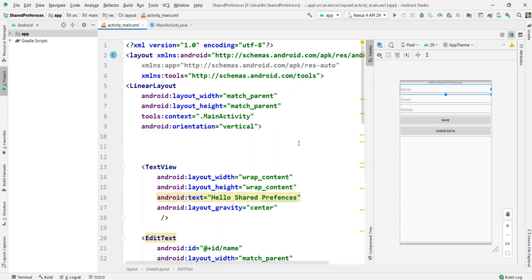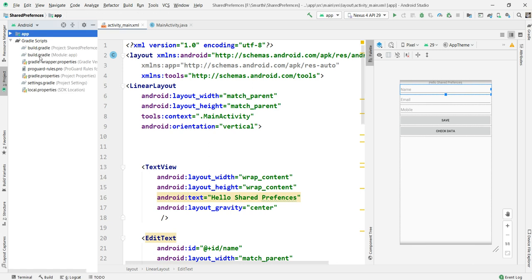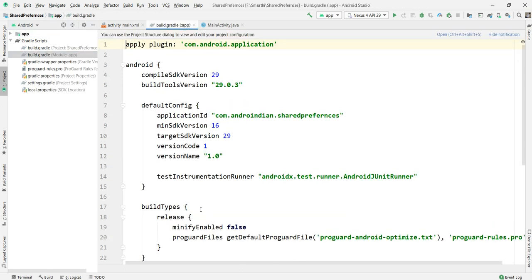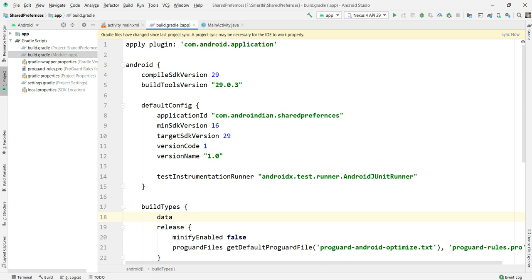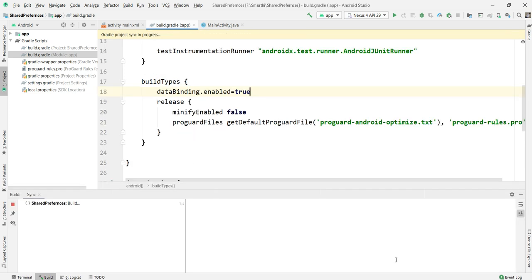Done. Now I want to write the action for this. To write an action, we need data binding, so I'm applying dataBinding enabled equal to true. Just click on sync now.